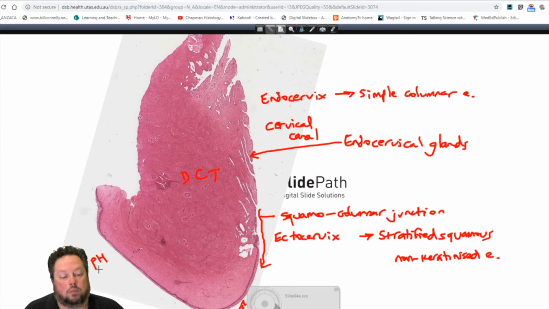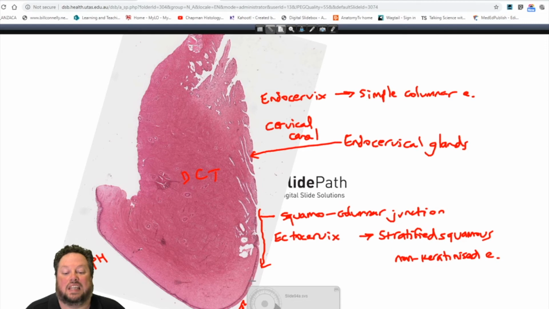Now, acid, of course, can be potentially damaging to simple epithelium. We see that in the stomach. So we actually have lots of mucus secretion to protect the stomach from acid. But here we don't have that sort of protective lining. And so what happens is, as the ectocervix has grown out, that ectocervix then transforms back into a stratified squamous,